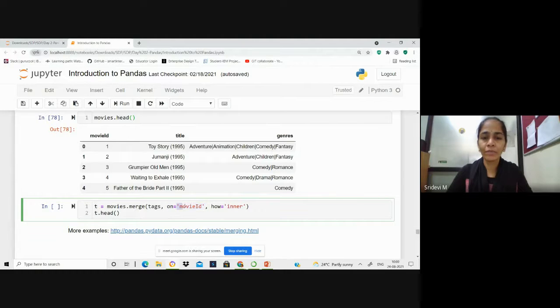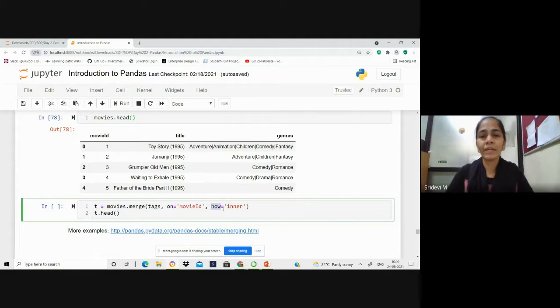It is based on movie ID, and in what way we are performing the join operation, whether it is inner join or outer join or left join, which will give priority to the left hand side table. Whichever is used as the left hand side table, for which no matches are found in the right hand side table, it will just append null values if no matching values are found.